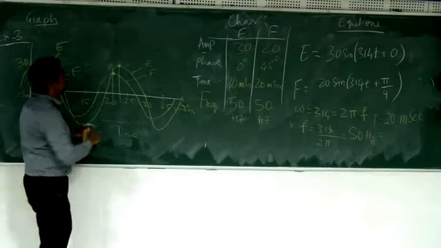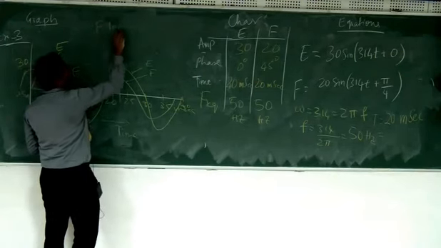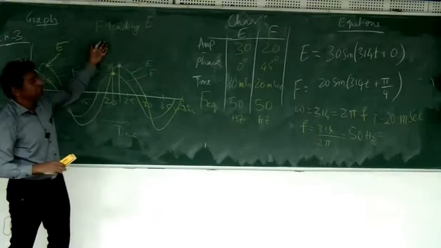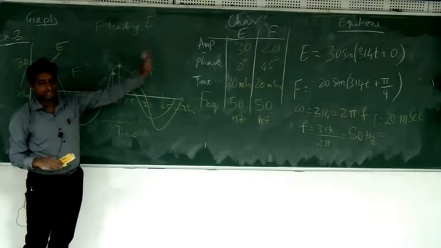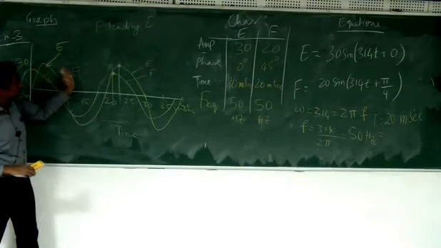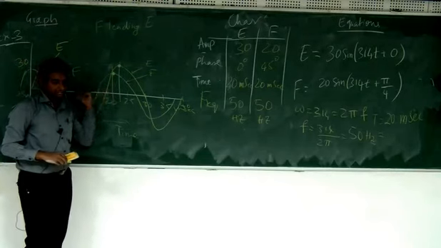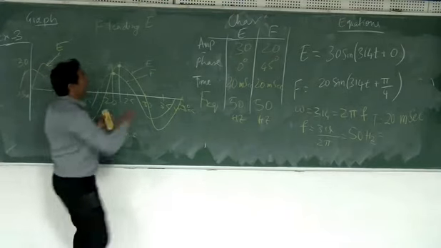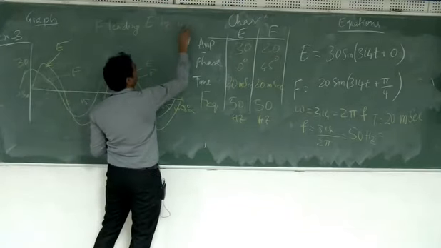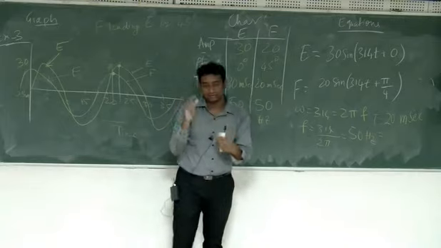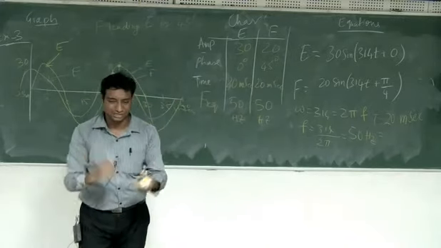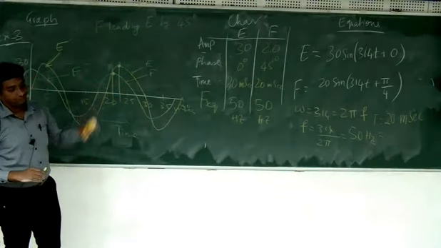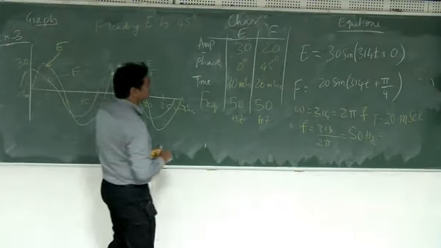That is F. So F is leading E. F may be voltage and E may be current, or F may be voltage and E may be voltage, both may be currents or whatever. Whichever is reaching the maximum point first in time, which is on the left side, that one is leading. So F is leading E by 45 degrees. Leading and lagging are always mentioned in degrees. You can also use radians, but degrees is more convenient. So F is leading E by 45 degrees. So that is the terminology.